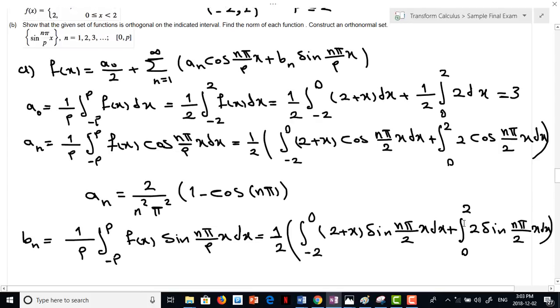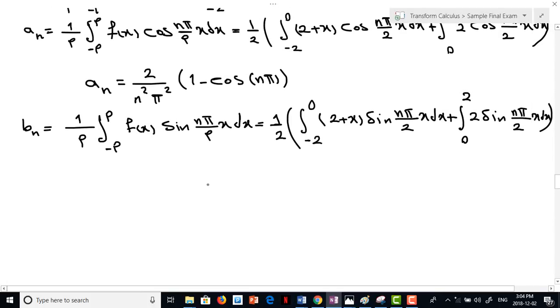If you find this integral, you're going to end up with bn equal to minus 2 over n pi cosine